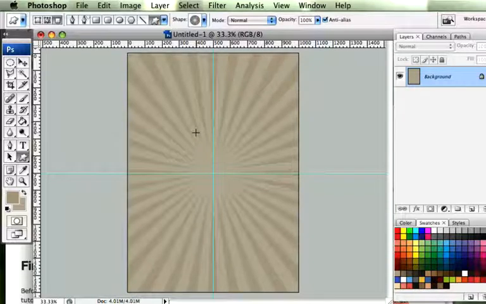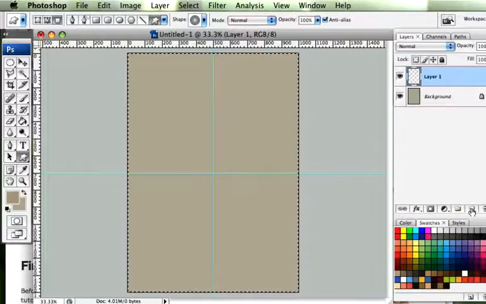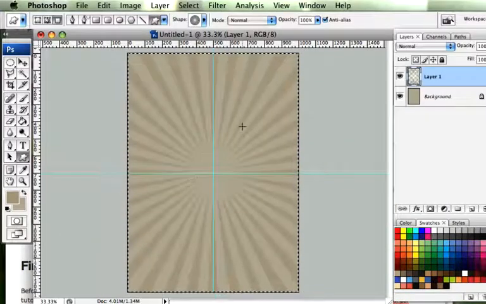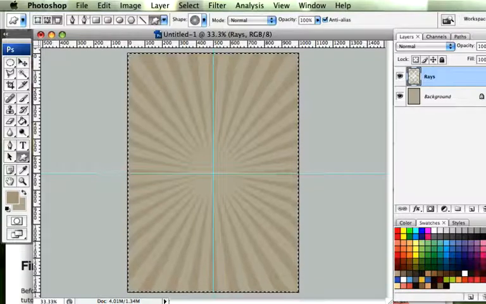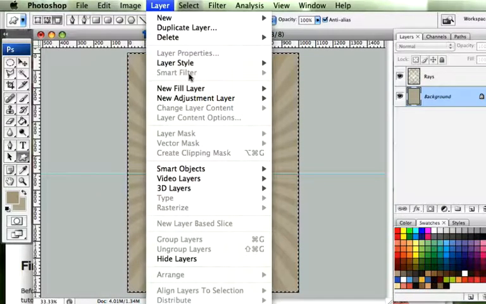So once you've done that, next thing we need to do is undo all of that, because I didn't do that on another layer, but I'll just quickly do that. Make sure you do that on another layer. Takes 2 seconds, there we go. Okay, so that should be on its own layer. Then what we're going to do is rename that Rays. And we're going to create another layer above that, and we're going to go Layer, New,